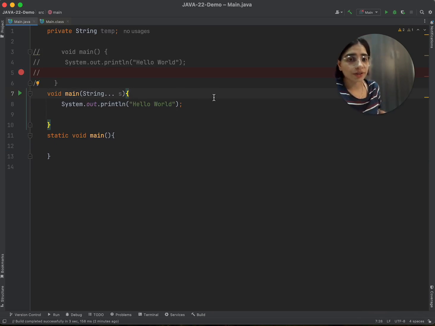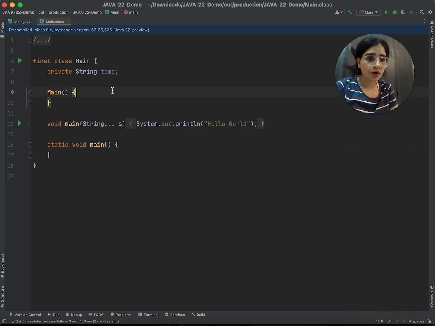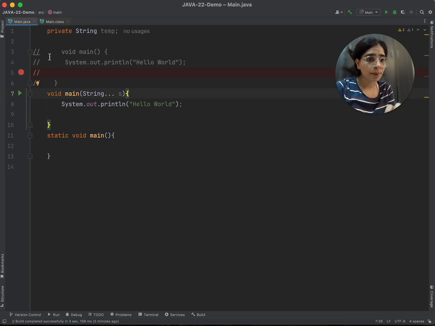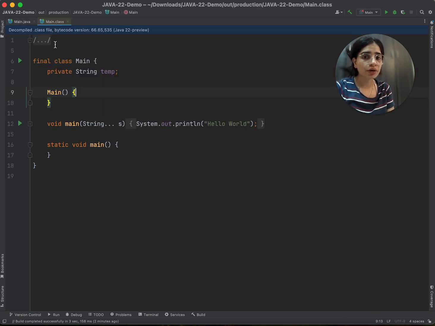Now I have a question for every one of you. You have to tell me, if this main.class is the compiled code of this main.java, and compiled code is a code which is present in the byte form, right, which can run on any machine, then how am I able to read it? Why is this code not visible to me as a byte code? So that is my question.